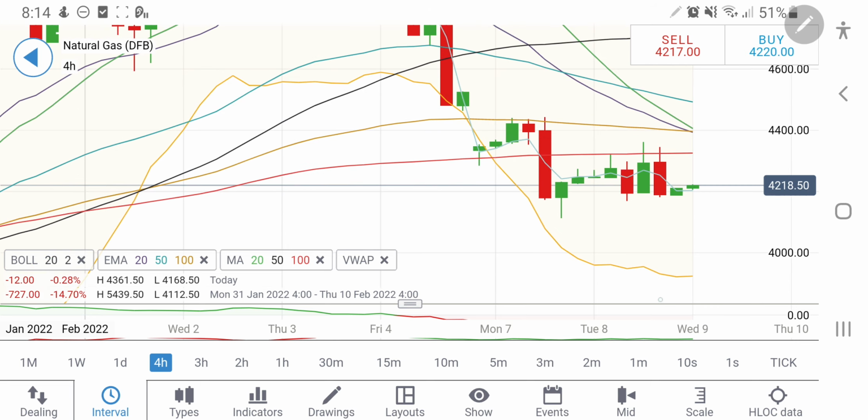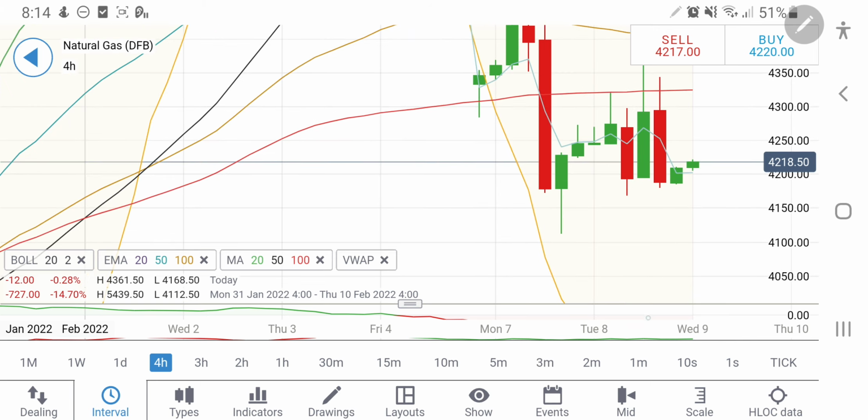Look at the 4-hour charts. It is looking forward to a rise, and as I said, you can see there is a support available at around 4150, 4180 levels. So you can in fact go short below 4150, and one can remain long till the time it is above 4150. You can expect it to provide a stronger bullish move.